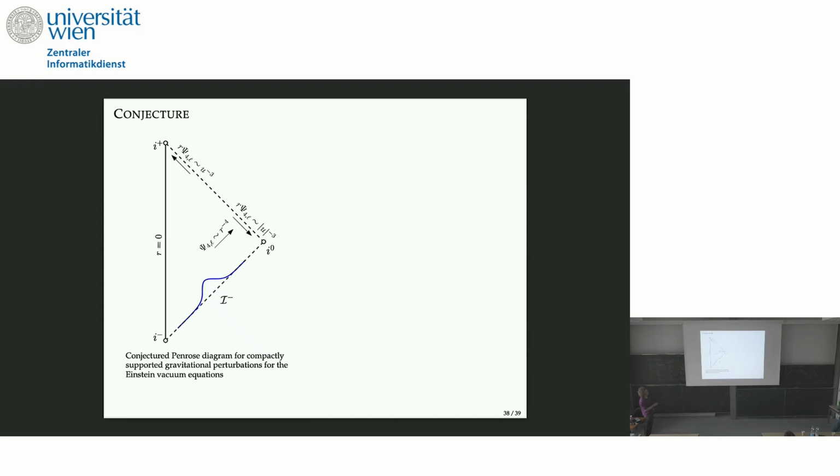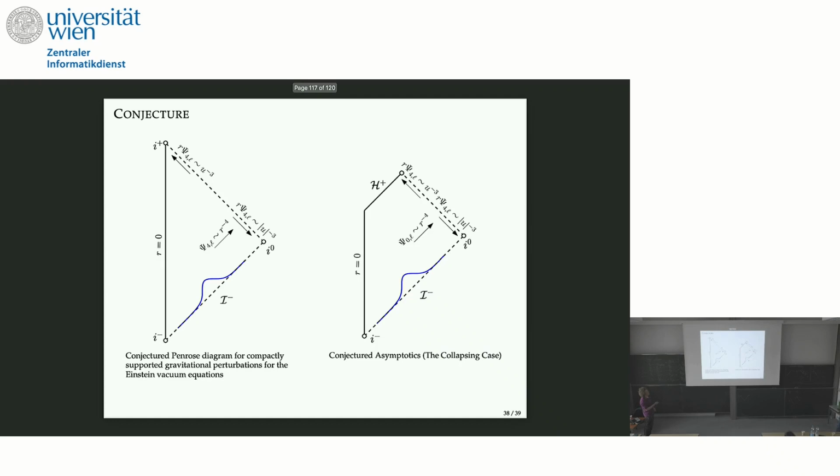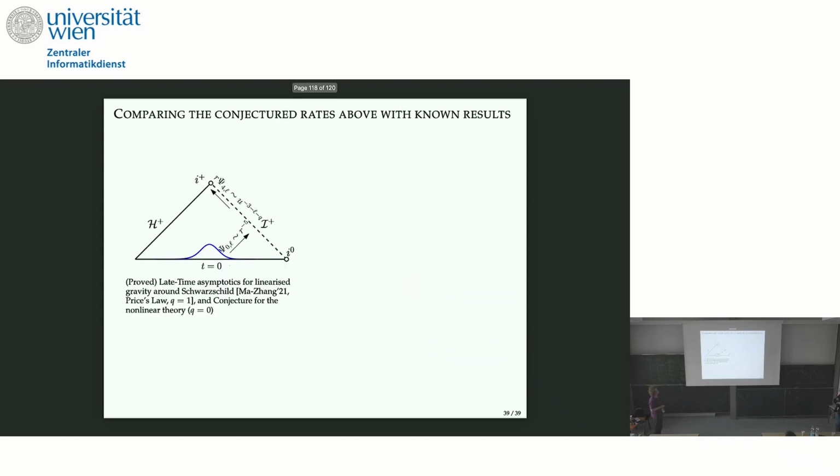then I conjecture that even for the nonlinear Einstein vacuum equations, you will get u to the minus 3 decay for r psi 4. And the same for gravitational collapse. This has not much to do with what happens in the interior of spacetime. It just has something to do with this thing being a conserved quantity along null infinity. And this is in stark contrast to what you have in other settings. For instance, if you have compactly supported Cauchy data, then you get u to the minus 3 minus l decay, so this is at least 2 powers faster because l is always at least 2.